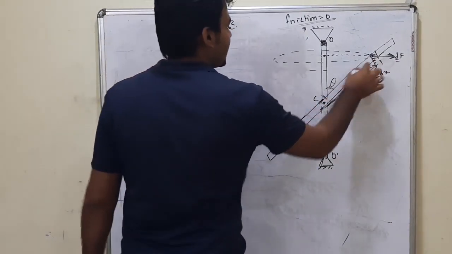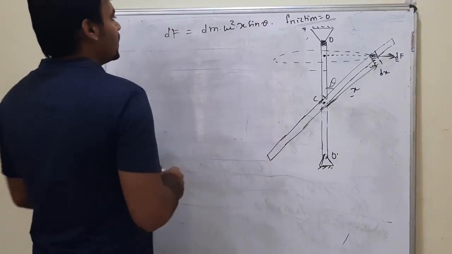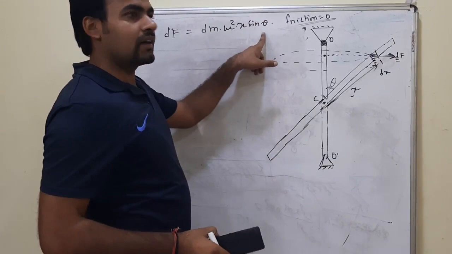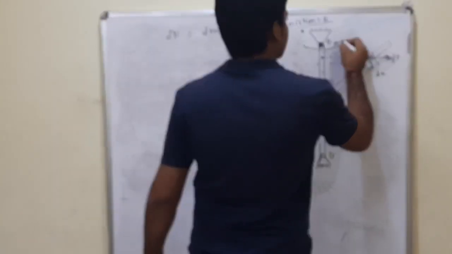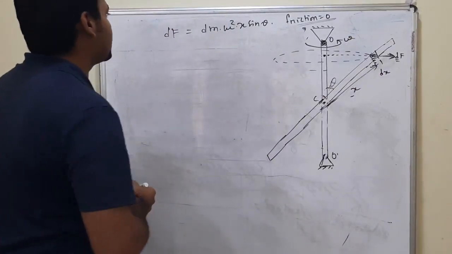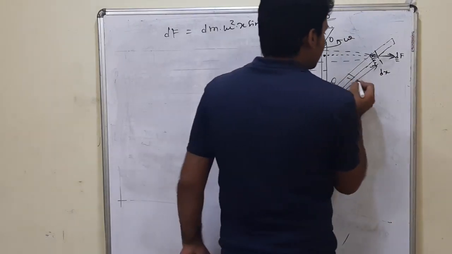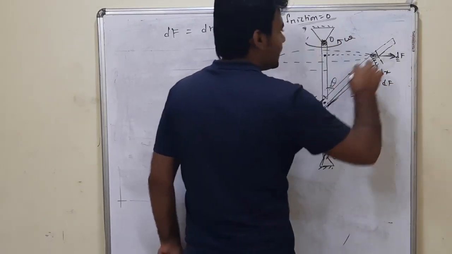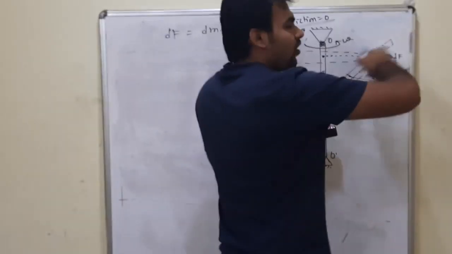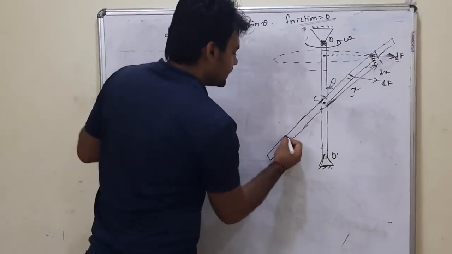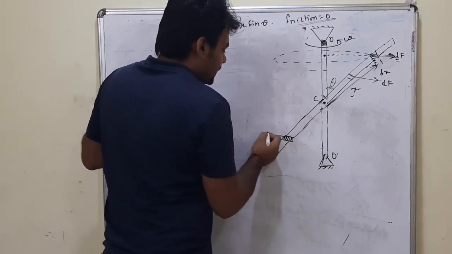The radius will be, if it is x and this is theta, x sin theta. Like it is m omega square into r. We can also use m v square by r, but the term omega is given, so I am writing this term omega. Okay, now you can see that on every element, this df force, due to all these df forces, a torque is acting on the rod about the center C. The same way you can see here, this is the element and that element will experience a centrifugal force